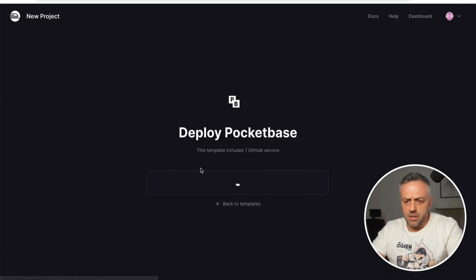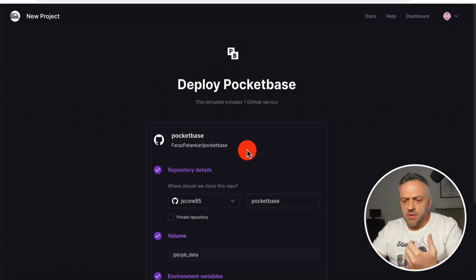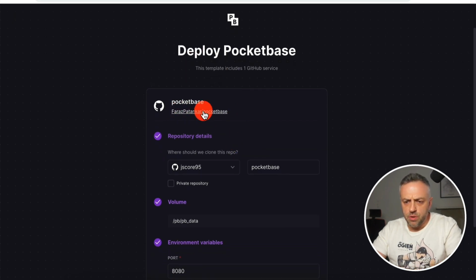We're going to click here. Now, on this page, you're going to be given some options when it comes to deploying this specific template. As you can see, we're deploying this template here, and it wants to know where we should clone this repo. Chances are when you initially signed up for Railway, you've probably used your GitHub account, or at least you've connected your GitHub account to